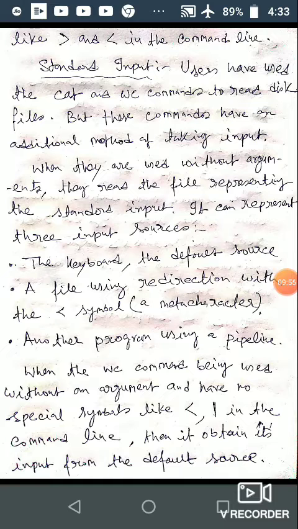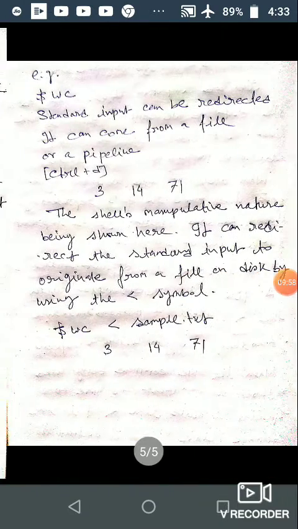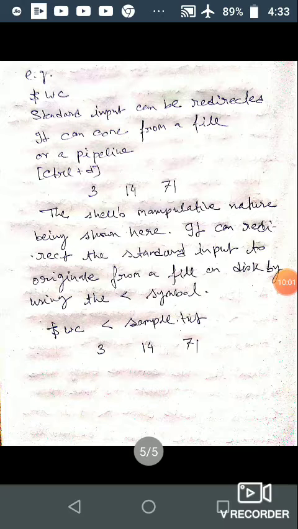Now let us move to the next page and take an example. Here we give the command wc, and standard input can be redirected and can come from a file or a pipeline.